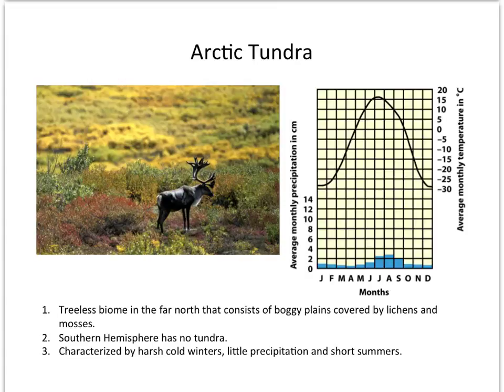From the climate diagram, the temperatures can get very cold in the winter months. Major organisms that you would find are shrubs and small conifers. You're not going to find large deciduous trees here. Most of these are going to be lichens, mosses, and grasses. As far as the mammals, you're going to find hares, muskox, caribou, like you see here in this picture, and a large number of migratory birds who migrate to these areas in the summertime because there's abundant insects for them to feed upon.